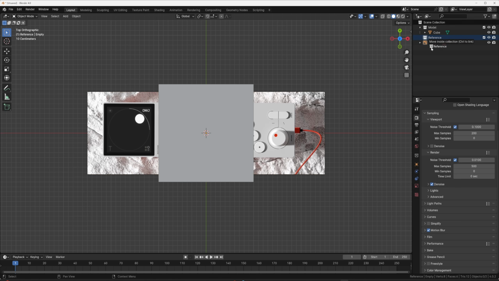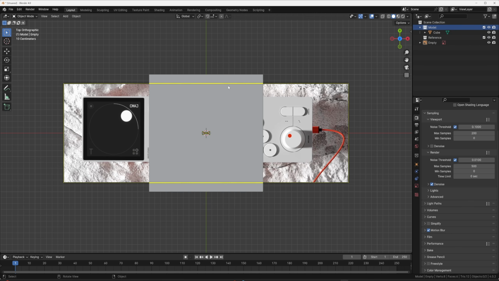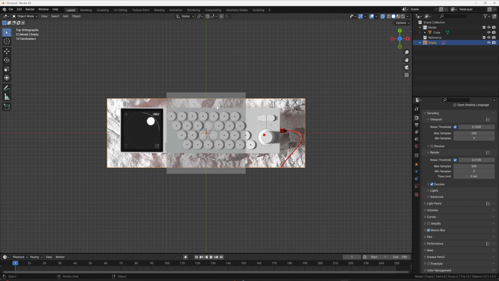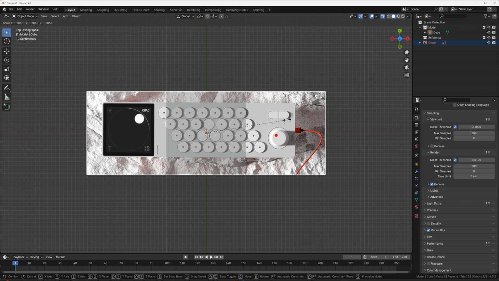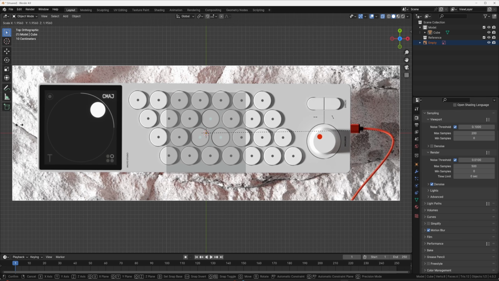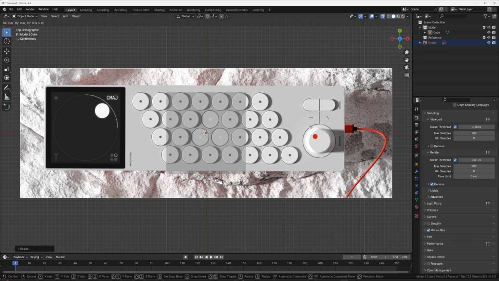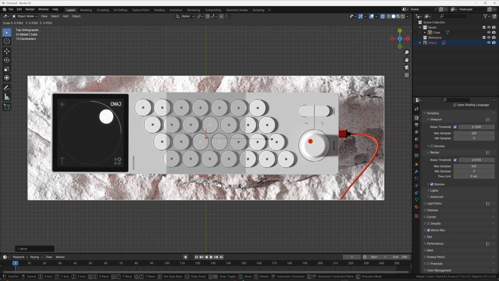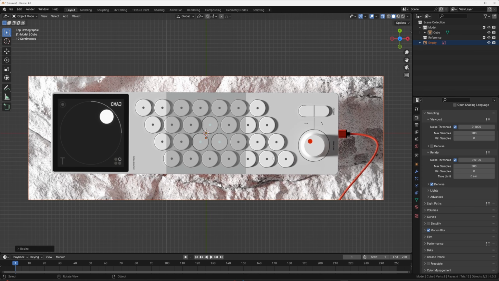So now we can just also make sure this is out. Perfect. Now we have this. We'll go back into here and make sure we're selected. And then I'm going to go Alt-Z into X-ray mode. This is the default cube size. I'm just going to scale up this reference image until that is pretty close to that point. So move it down, scale it up. This image is not perfectly straight on top. So this was just a good top view, basically the only one they had on their website.